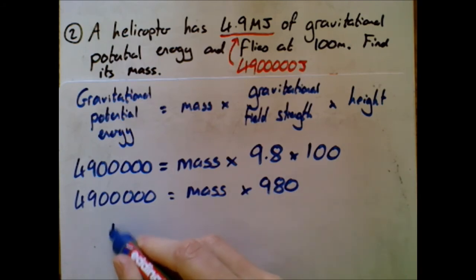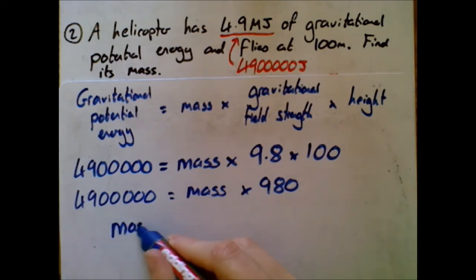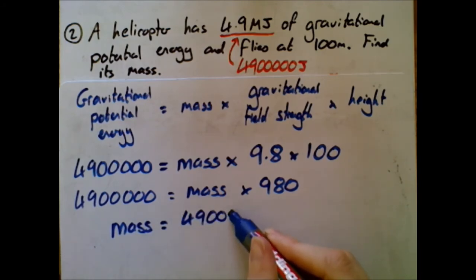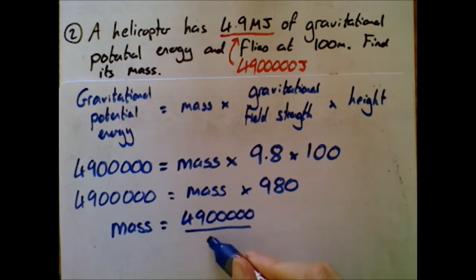So all I've done is multiply these two together. All right, then, using a bit of maths, hopefully we know that mass now equals 4,900,000, I'm dividing both sides of this equation by 980. If you're not quite sure, by all means pause the video, take a bit of time to look back, make sure you understand it. And if I do that calculation, that gives me an answer of